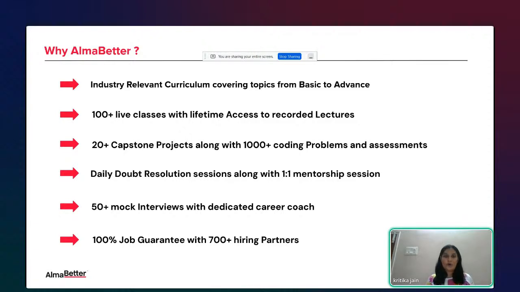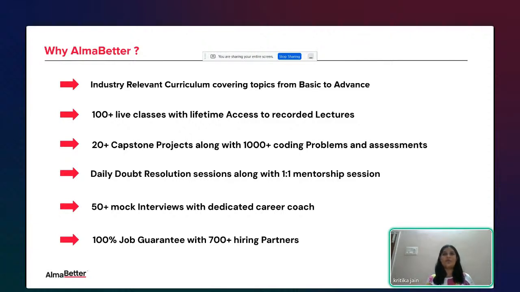So once you complete the course, like I said, we have projects. So we have 20 plus capstone projects along with all the coding problems and assessments, wherein you get to practice. 5 is mandatory for you, but see, the more you do, the more experience you get when you go for a job. For example, if you've done a project in Myntra and you are sitting for an interview in Amazon, so that adds some other benefit from other students.